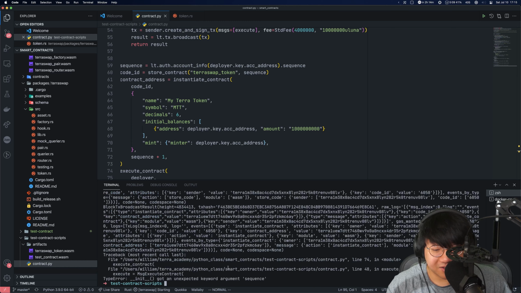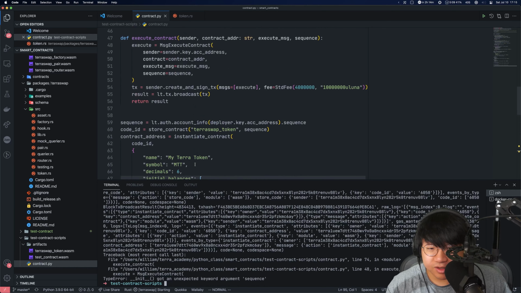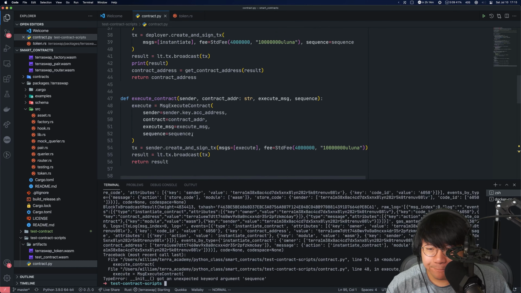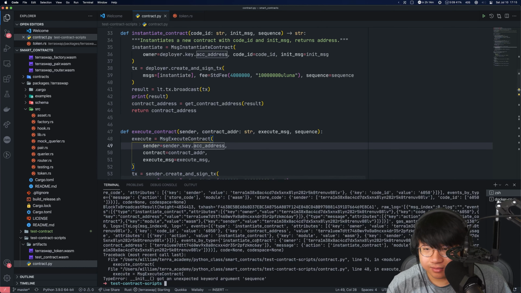Now we have the TX hash. Let's see. Ah, yes, we put this in the wrong place. Sequence equals sequence here. Let's try this again.